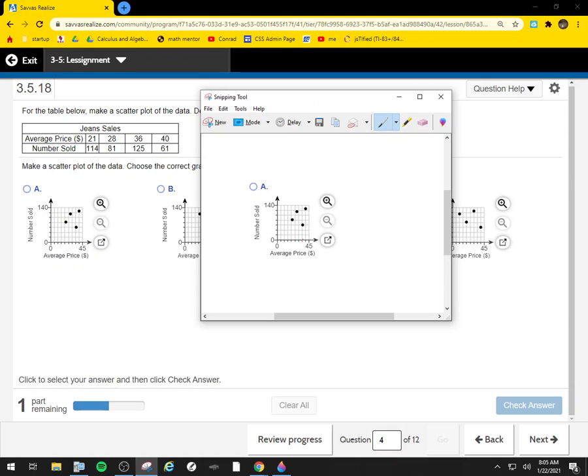is the whole way. Is it 5, 10, 15, 20, 25, 30, 35, 40, 45? Okay, so it's going by 5s. So at 21, that's 5, 10, 15, 20. So it'll be right about here. And then 114,